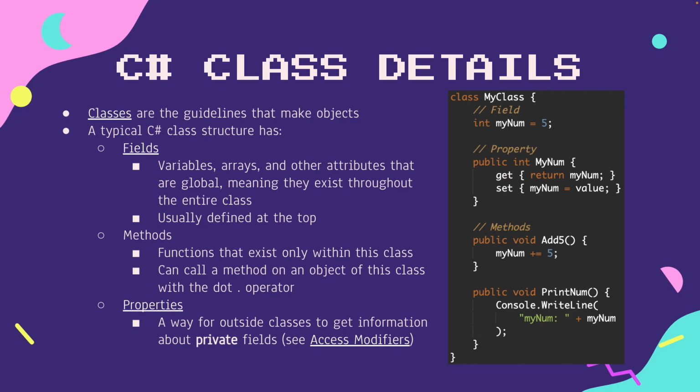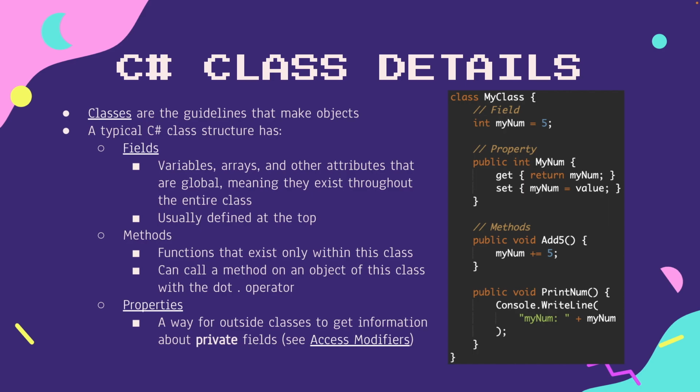Then we have methods, which are functions, but they're called methods because they're tied to a specific class. So if you look into other programming languages, that's why sometimes they're called methods and sometimes they're called functions, but they're the same thing. I'll go over an example of this, but to be able to access methods of a specific class or a specific object, you use the dot operator, which you see a lot in Unity, and I'll go over an example on the next slide. And then lastly, we have properties, which I won't go into too much, but essentially it's